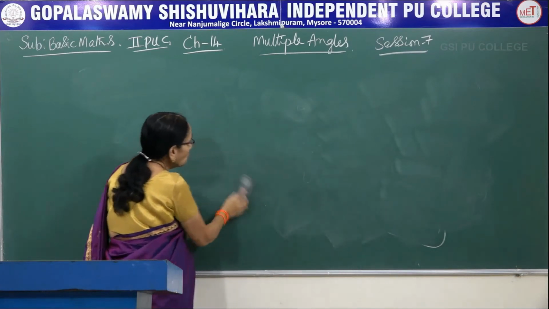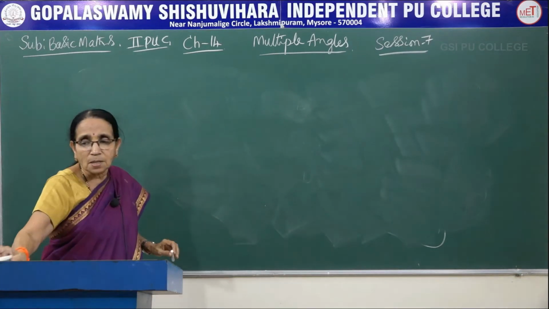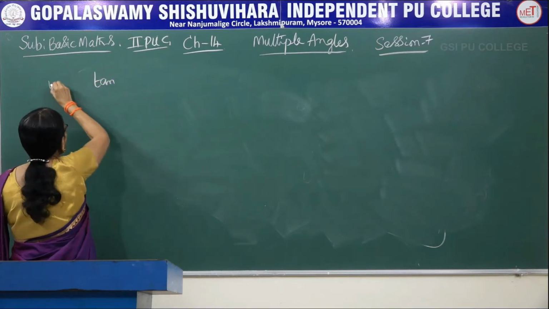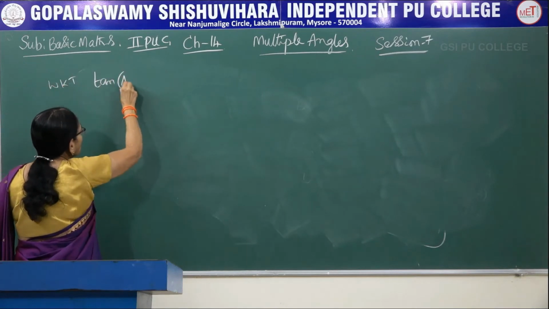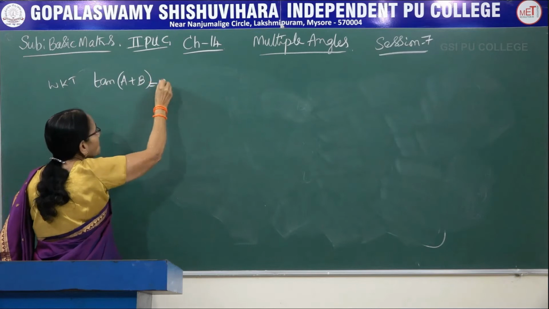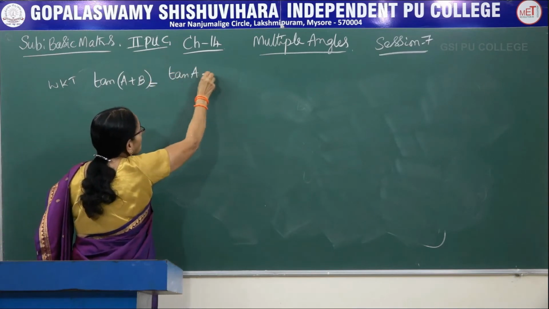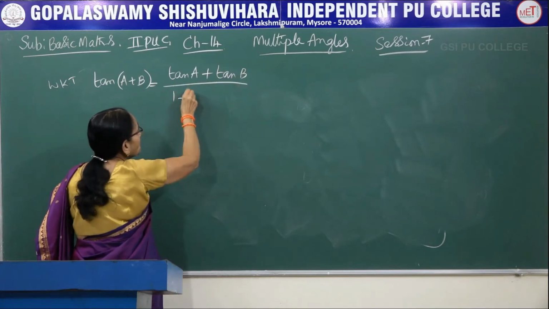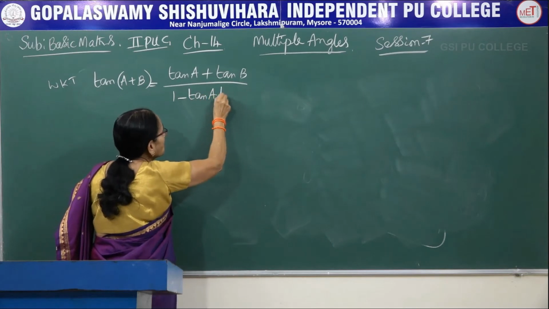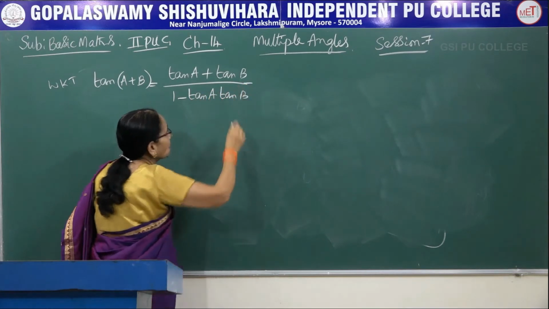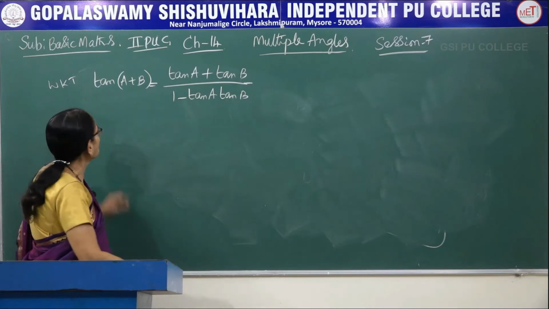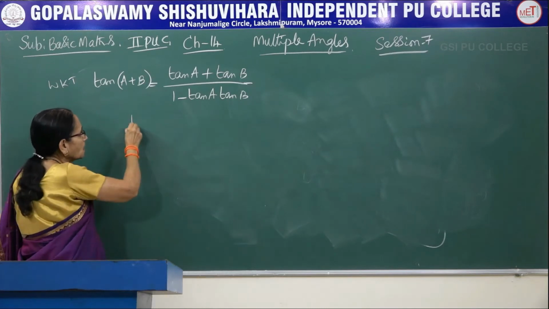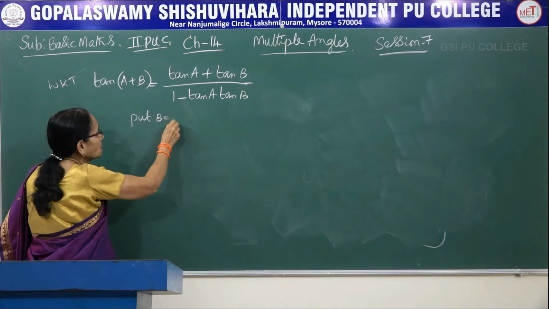Now we move on to the next one, that is tan of 2A. You have to be careful here. Now let me consider, we know the compound angle formula for tan of A plus B. Here we are having a fraction on the right hand side, tan A plus tan B divided by 1 minus tan A into tan B. The procedure is same. First we consider, or we know that tan of A plus B equal to this one. Now again replace B by A.